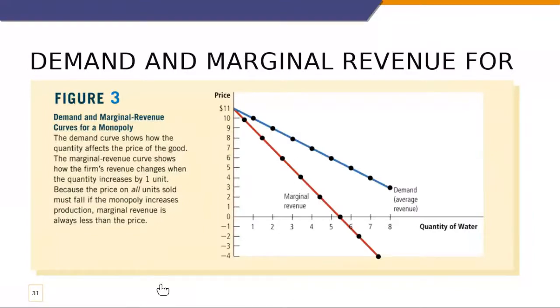Now, one thing to note is that if we look at this graphically, the relationship between the demand and marginal revenue is that the demand curve is simply the prices that consumers are willing to pay for the good the monopolist is selling, and how many units the monopolist can sell at that price. But the marginal revenue, as we discussed earlier in the previous slide, has to go down because in order to sell these increased units, we ultimately have to change our prices to sell those units. And so that's why our marginal revenue is going down at about half of the rate of the demand.